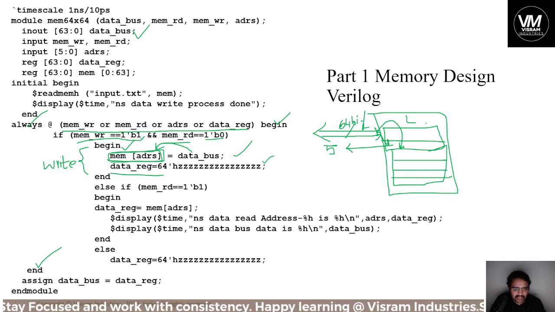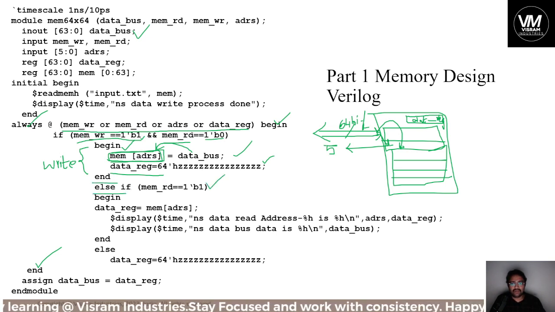You always have a data register in the memory design. So this is the data register. Okay. So that is the data register, and end it. Else if memory read is 1 now, initially memory read is 0 and memory read is 1 and this is false, what happens? Display time, whatever the memory address location consists, now the data for this data location,